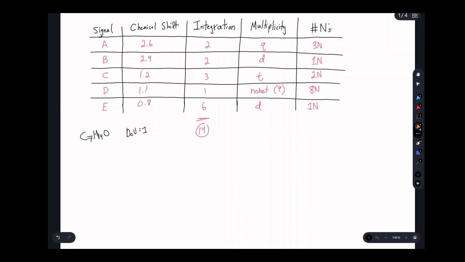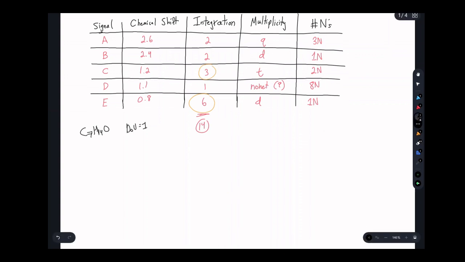Now, which signals are our doorway signals? Well, here we have signal D, right? Oh, sorry, that's multiplicity, right? That's not a doorway signal. Our doorway signals are signal E, which has an integration of 6, and signal C. Let's start with E. Here we see an integration of 6, which means to us that we might have an